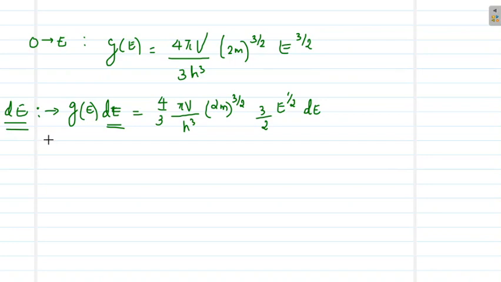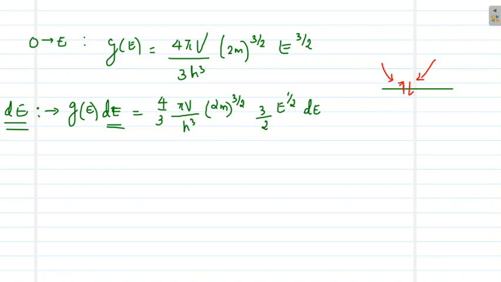Now if we assume Pauli's exclusion principle, we know it allows one energy level or one state to be occupied by two electrons. One upspin and one downspin electron can occupy a single level, single state. So this should be multiplied by 2 if we treat each of these electron states as separate states. So I am going to multiply g of E dE by 2 in order to accommodate Pauli's exclusion principle, which allows two electrons to occupy one state, one level.